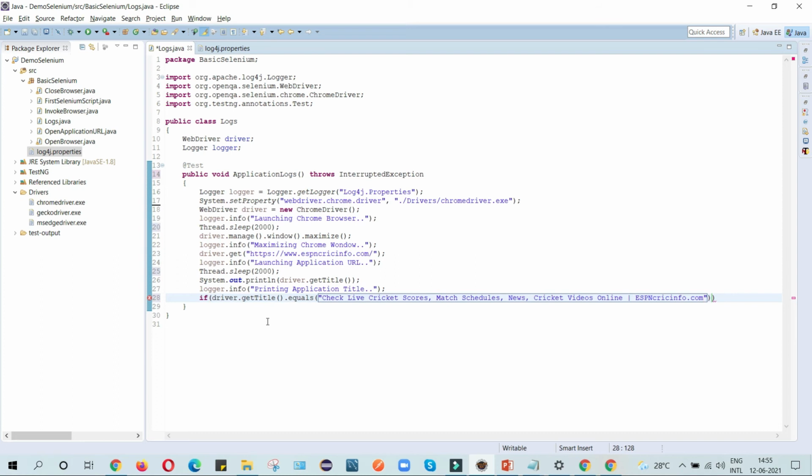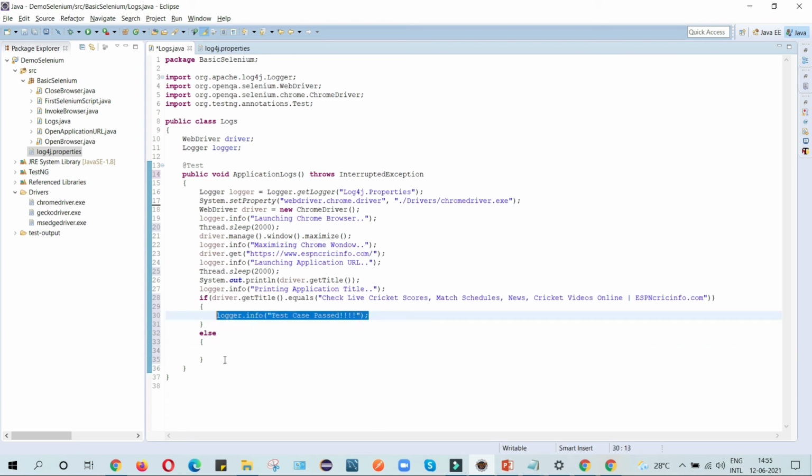So if my title name is this, then I can write one more logger info, test case pass, else you can write test case fail. So it will give the overall output.